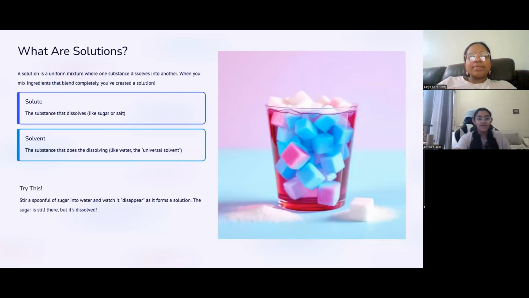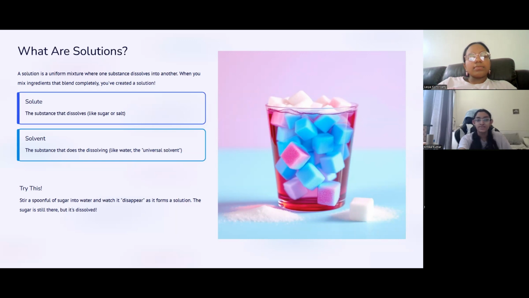So, what are solutions? A solution is a uniform mixture where one substance dissolves into another. When you mix ingredients that blend completely, you've created a solution. A solution is created by mixing a solute into a solvent. A solute is a substance that dissolves, for example, sugar or salt, and the solvent is the substance that does the dissolving. So, like water,